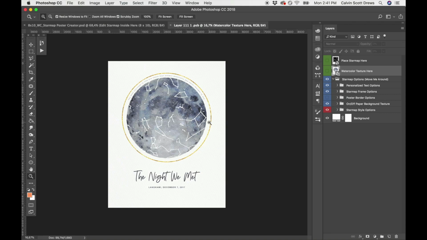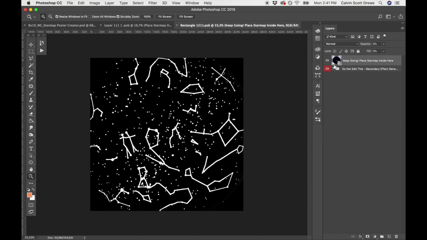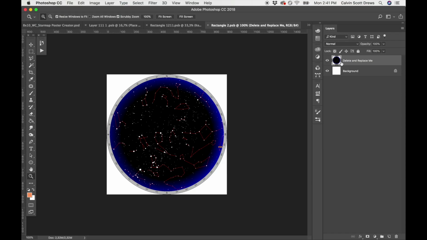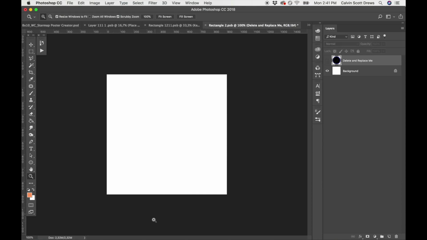So the next thing you might want to do is change the star map to make it custom for your date and time. So I'm going to go inside that smart object here by double clicking this page icon, and it's going to open up another document and that has yet another smart object inside of it, and I'm going to open up that one. So we're now a few layers deep here, and this is the default star map. We want to drop in our own, so I'm going to turn that one off,